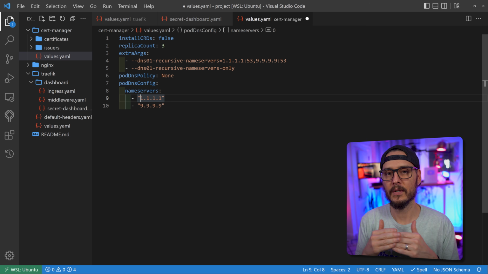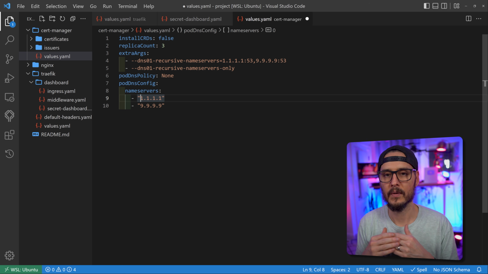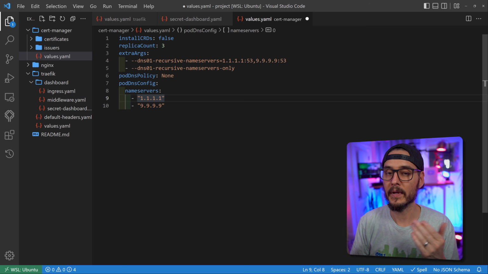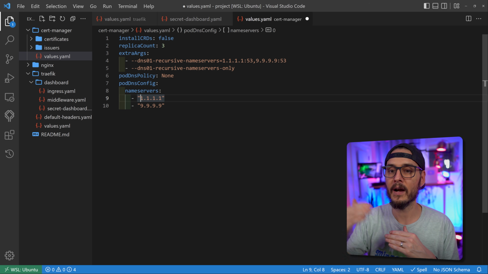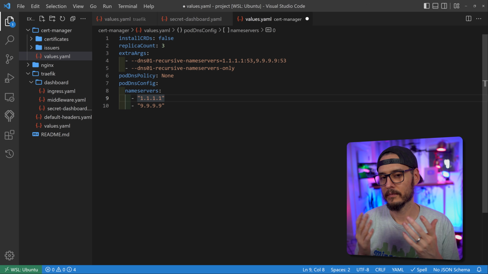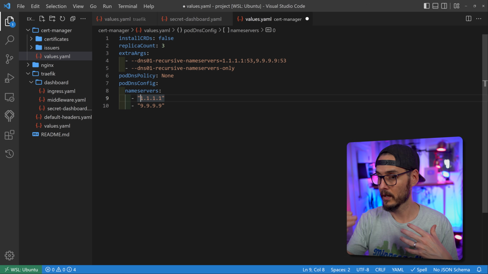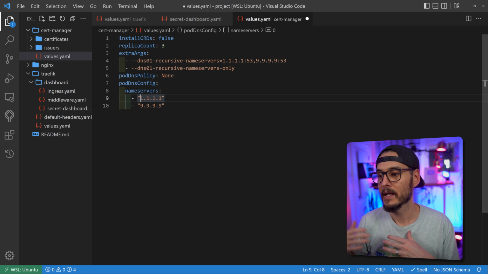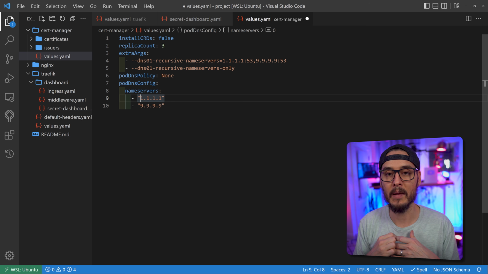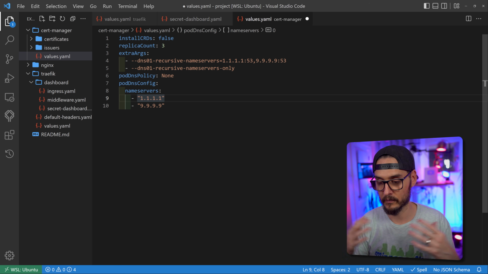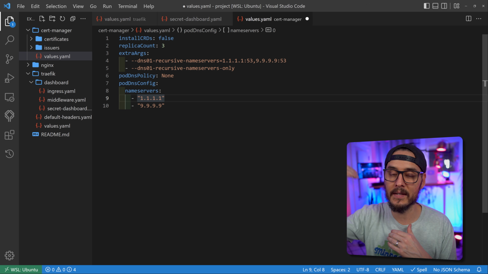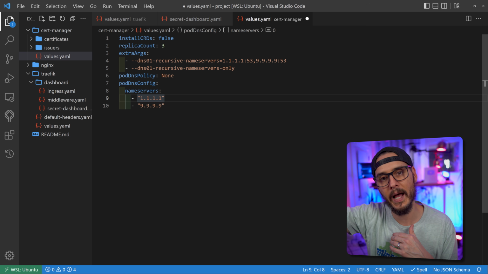Well, when we need to get certificates, we're going to do a DNS01 challenge, which means we're actually going to verify that we own a domain. And so Let's Encrypt is going to create a TXT record in Cloudflare, in our case, that we can read and verify that we own this domain. And that all works great. The problem is, if you use your own local DNS here, and you have DNS, say, for this DNS name we're going to validate, it will actually return back the IP address of the name on your local network, which is not a good thing, because then it doesn't know how to read that TXT record in the cloud in